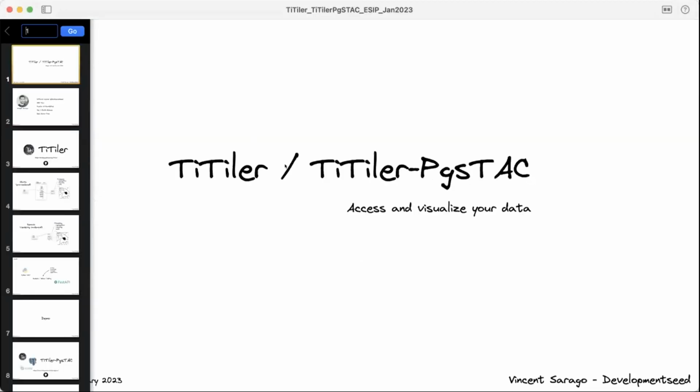Slide too much. Okay, so I'm going to talk about Ttyra and the Ttyra PG stack today. We talk about cloud optimized data formats, and my presentation will focus on cloud optimized raster formats and how you access your data in those formats. So once you have your data stored in a cloud optimized way on the cloud,